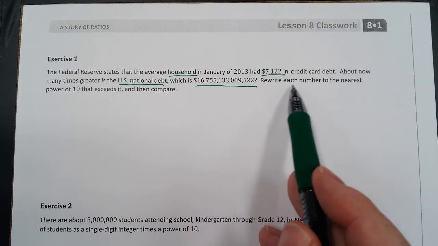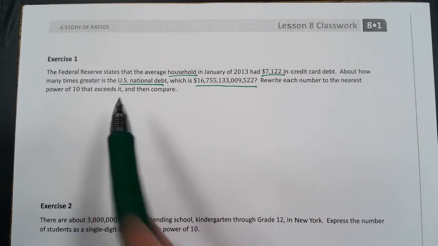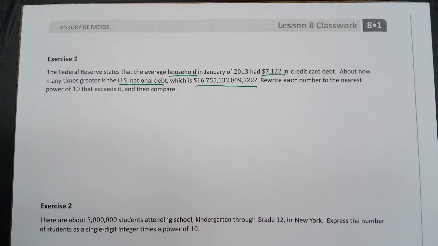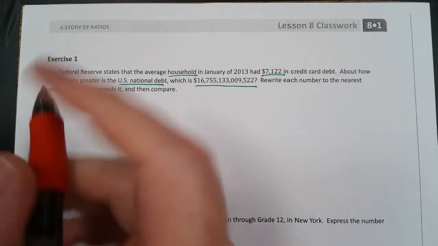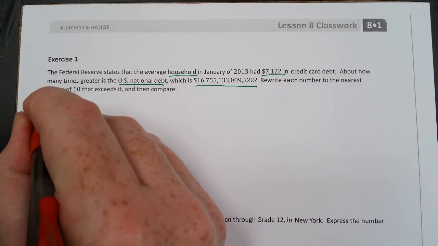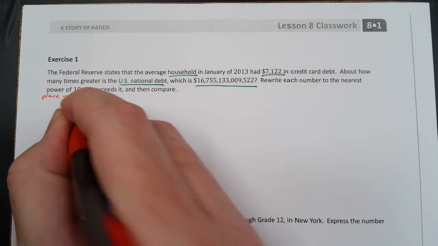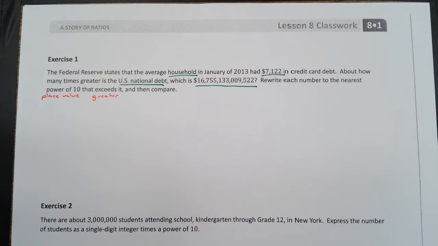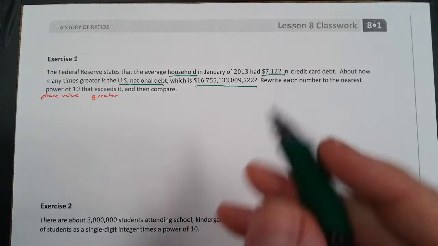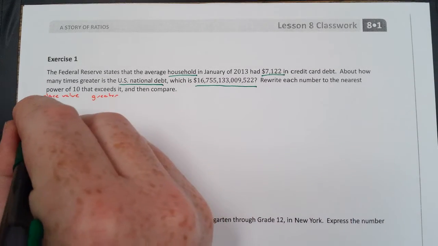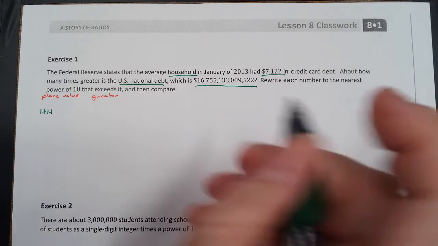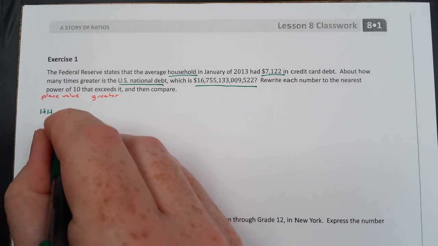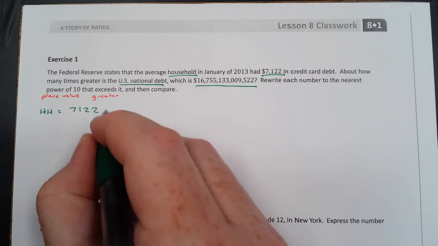First, it says rewrite each number to the nearest power of 10 that exceeds it. Remember, we did this in lesson 7. Power of 10 means place value, and exceeds means greater. So we need to write each number to the greater place value. So let's start with the household debt. So I'm going to put HH for household. Households owed about $7,122,